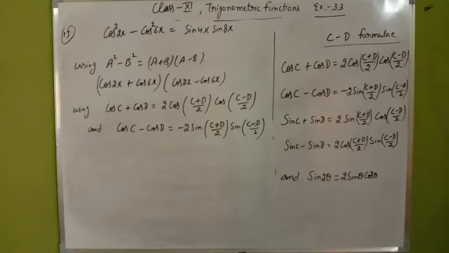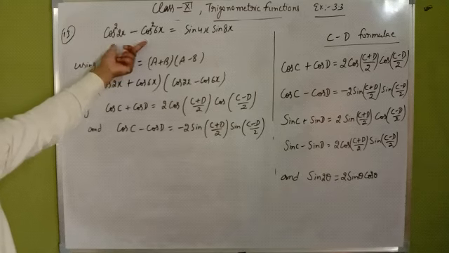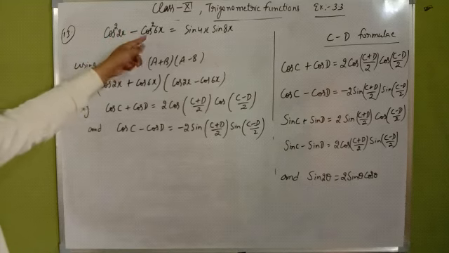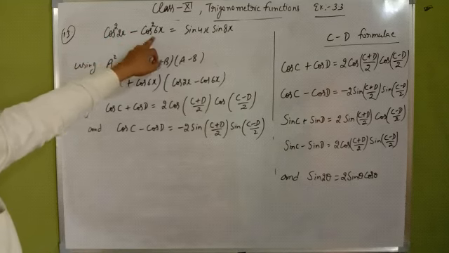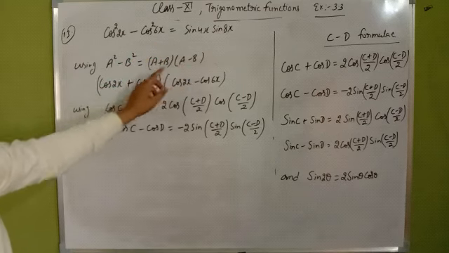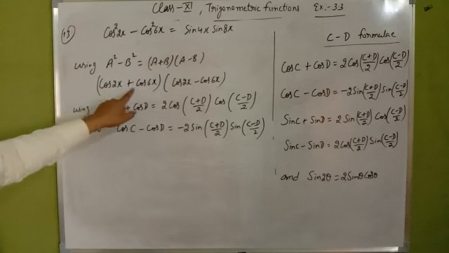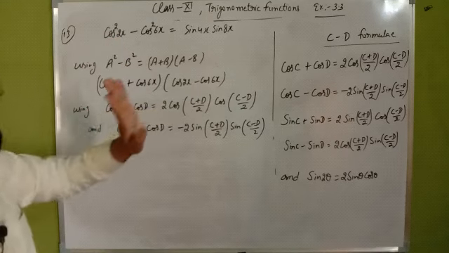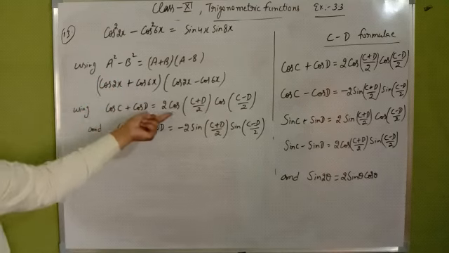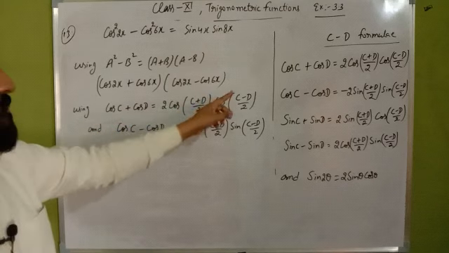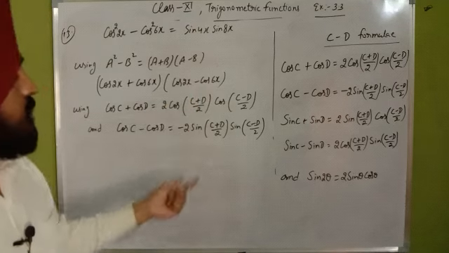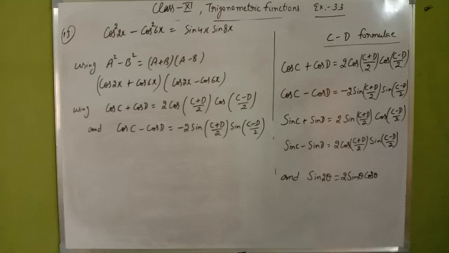So for the next question number 13, you can observe it looks the same as question number 12. In place of sine square 6x, sine square 4x, now you have cos square 2x minus cos square 6x. So using the same identity, a square minus b square equals a plus b into a minus b, we can write this as cos 2x plus cos 6x into cos 2x minus cos 6x. Now there we have to apply the CD formula: cos c plus cos d is equal to 2 cos (c plus d upon 2) cos (c minus d upon 2), and cos c minus cos d can be written as minus 2 sin (c plus d upon 2) into sin (c minus d upon 2).